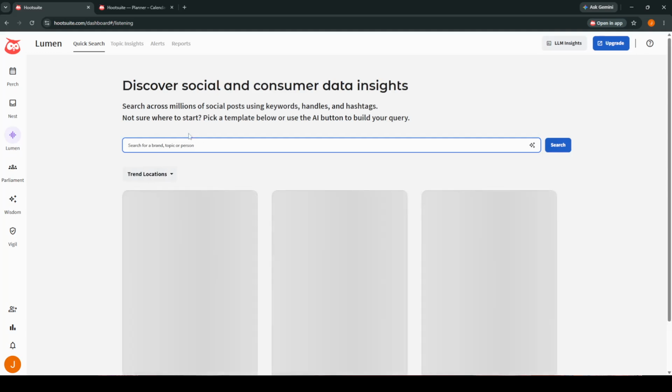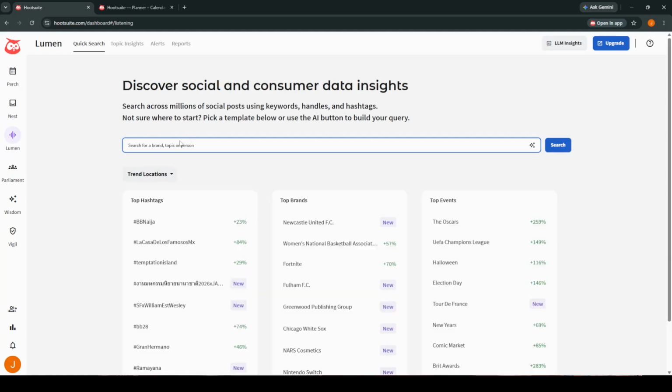After you click Create Search, a search creation panel should appear. This is where you will define the terms that the system should look for. Now you will type your target brand names, competitor profiles, or industry hashtags into the search field. Start by entering the first brand name that you want to track. If your goal is to watch competitors, add their names as well. You can also include industry hashtags if you want to capture the broader conversations where your audience discusses topics related